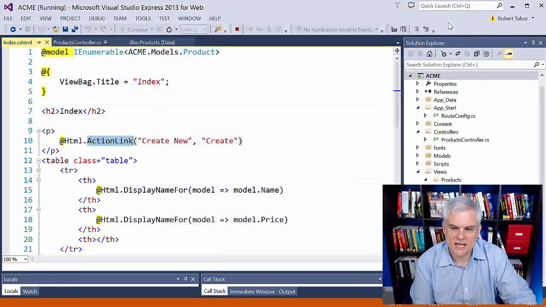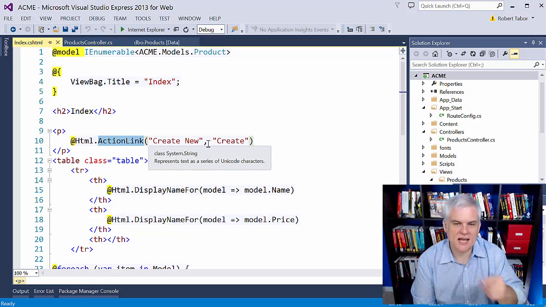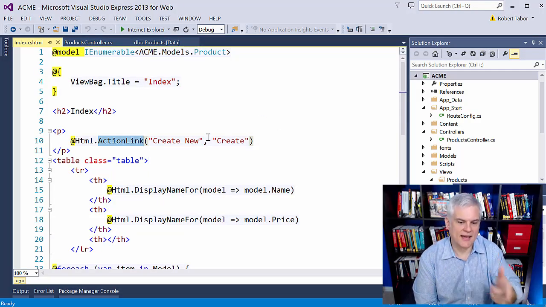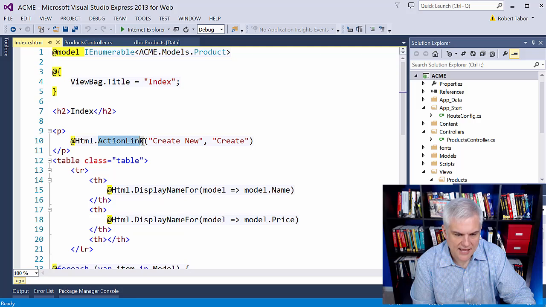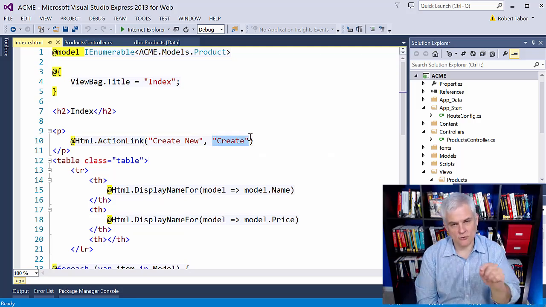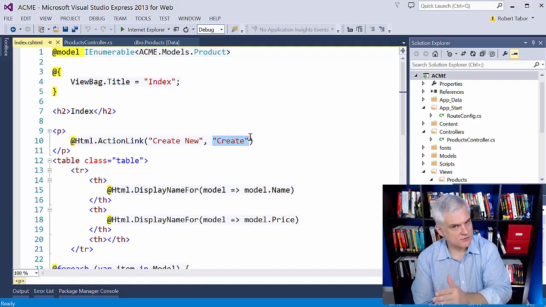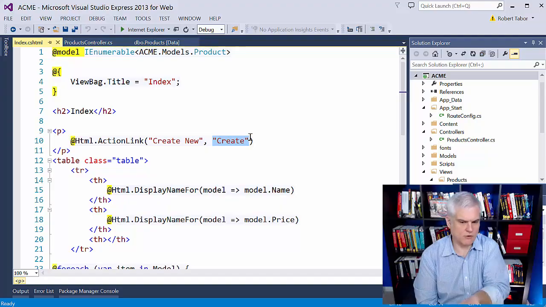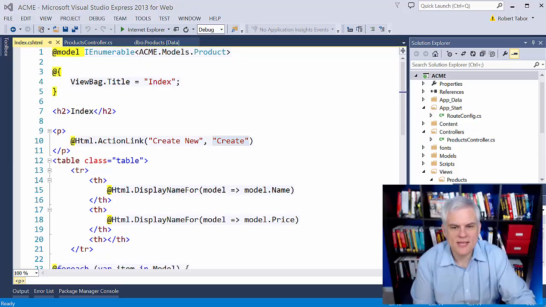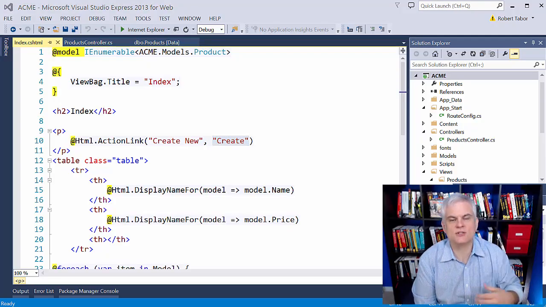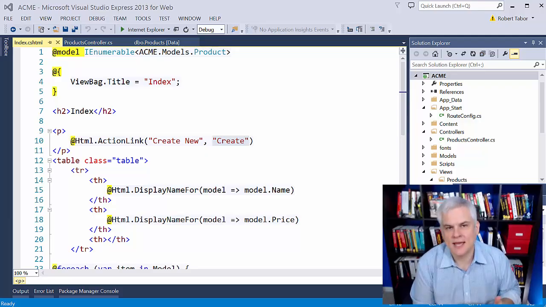URL. And my question is, how is it that this action link method knew to create a URL for the proper /product/create? Why didn't it create a URL for just /create or /home/create? Okay, and so the answer to both of these questions has to do with ASP.NET MVC routing, or just ASP.NET